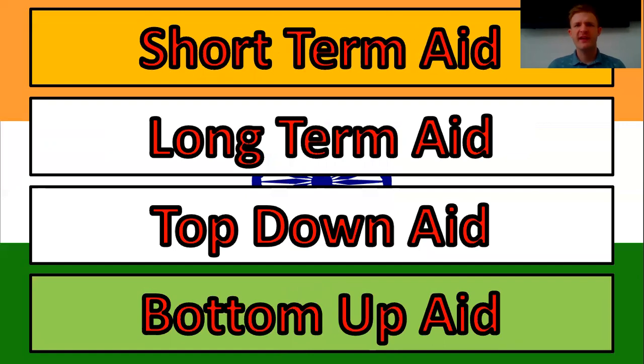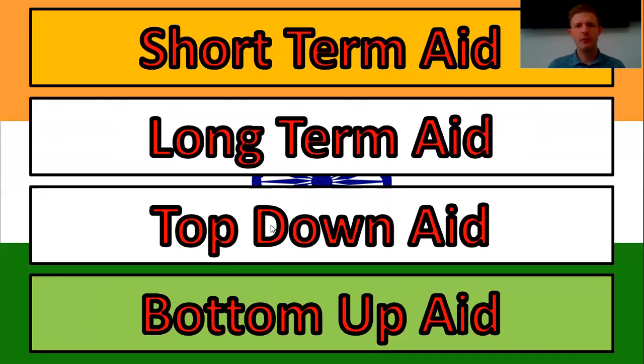There were 4 types of aid that we looked at, and they're here. So first of all, short-term aid. This is quick aid given immediately to cope with things like disasters. So for example, there was the floods and landslides in 2017. Short-term aid was giving them food, water, and money to cope with their floods. Long-term aid is development projects, things that will help the country in the longer term. So this is things like building schools, building hospitals, building research centres, things that will help the country in the long term but don't happen overnight.